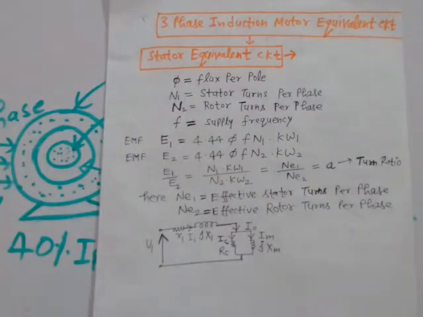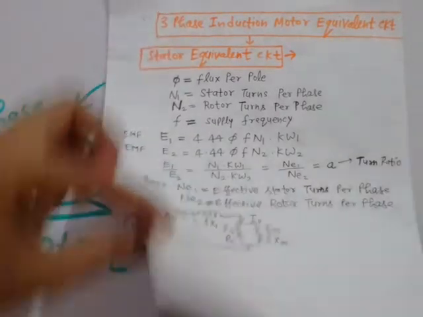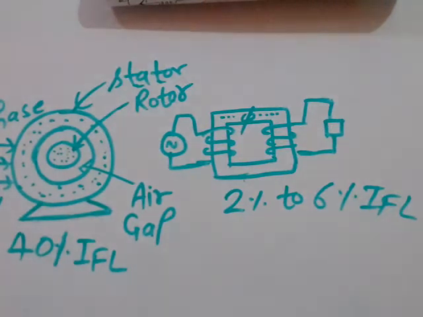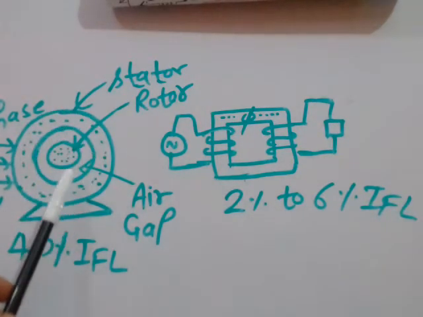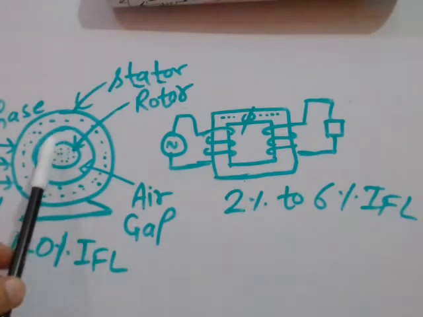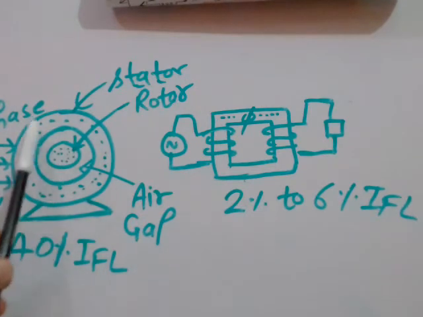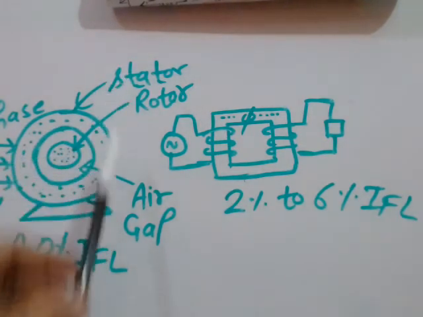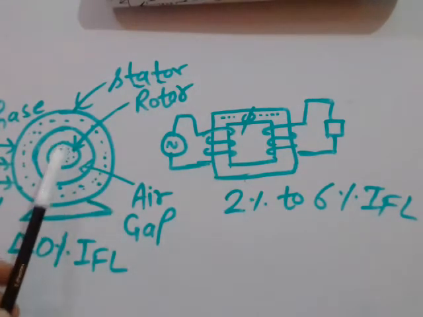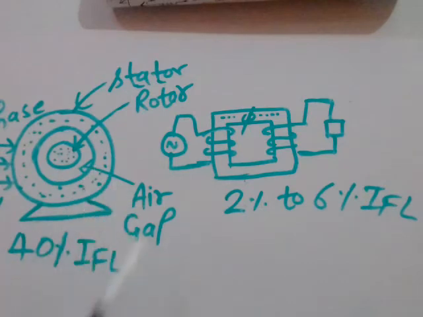So hello friends, we have already discussed the operating principle of three-phase induction motor. Let me give you a quick recap. There I have discussed that when you apply three-phase alternating current supply to the stator winding, which is balanced in time and balanced in space, then automatically a rotating magnetic field is produced in the air gap between stator and rotor. So this small circle is representing the rotor and this bigger circle is representing the stator. Stator is the stationary element, rotor is the rotating element. Between stator and rotor there is an air gap.